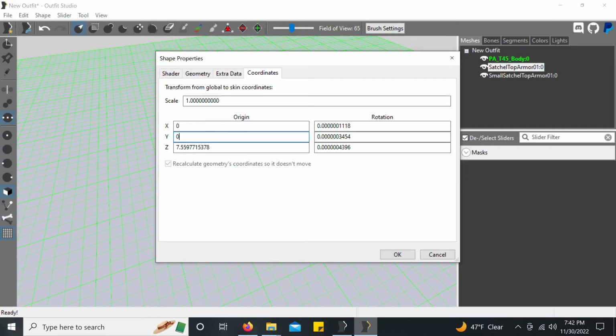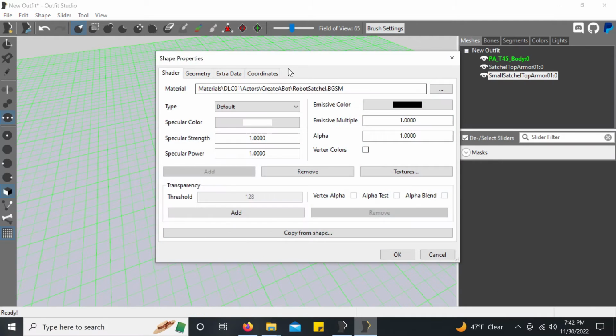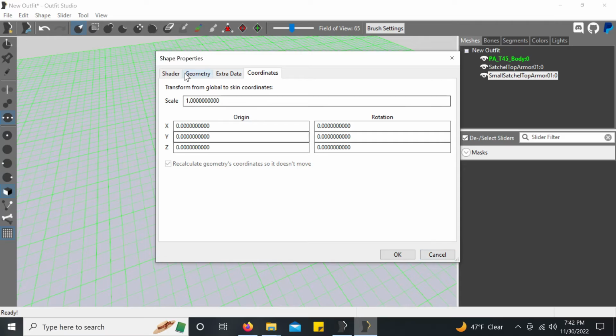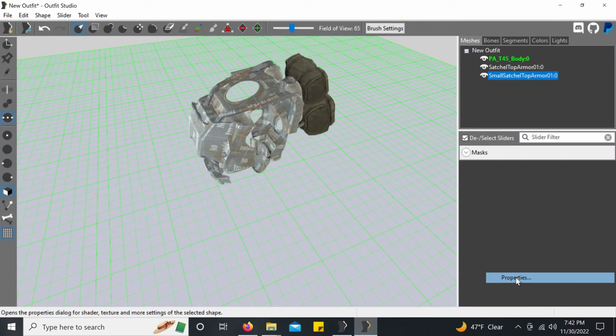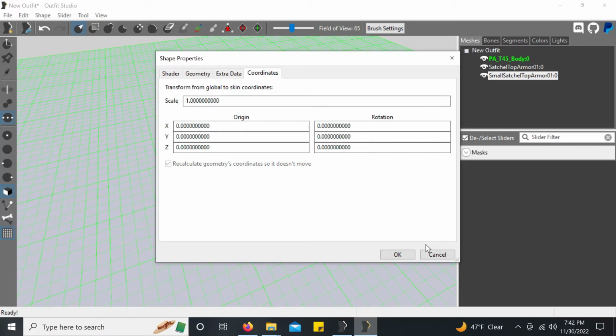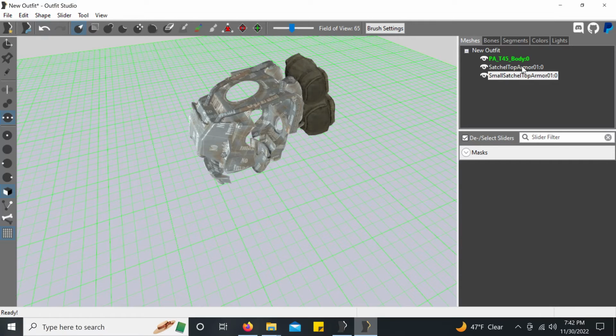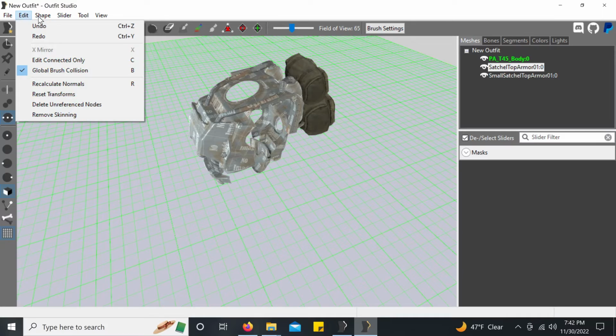So I'll just hit 0, 0, 0. We're going to start with a clean slate here. So I'm going to hit 0 for everything, and then here, properties, coordinates. This is already 0. That's because I did things a little differently. If you do full precision, skinned, hit OK, and then go back and hit full precision subindex, hit OK, and then as your last step, hit skinned, the values in the properties here under coordinates will actually remain 0, which is good. We want that. Because I didn't do that for the very first one, they actually kicked in the values of the power armor values, and we don't want that, so I had to go in and edit that. Anyways,